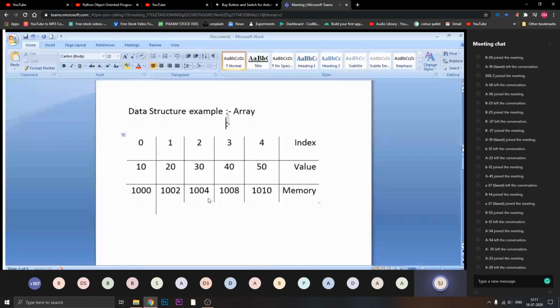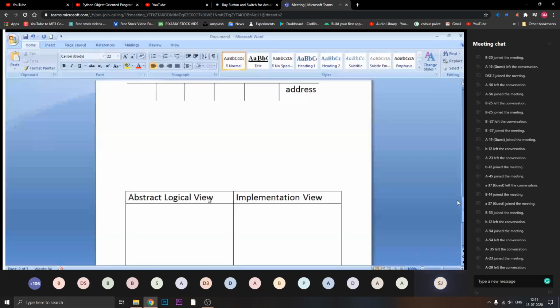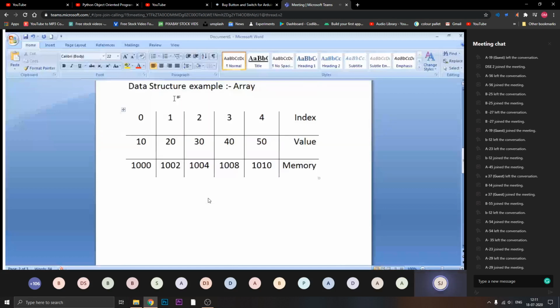Is array a primitive data structure or a non-primitive data structure? Non-primitive. Give me an answer. Reply to me, someone, or otherwise I will choose. It's non-primitive. Sure. Yep. Okay.